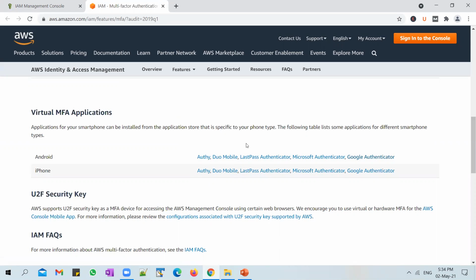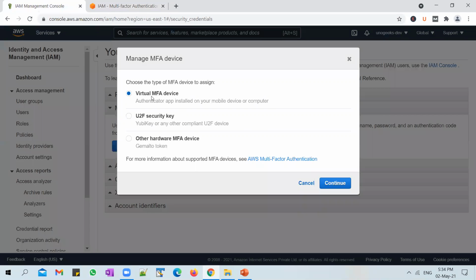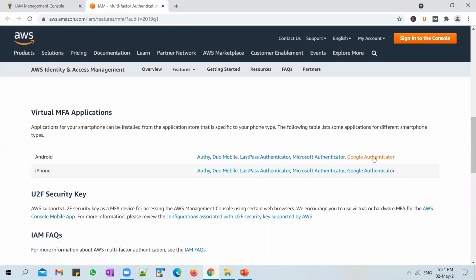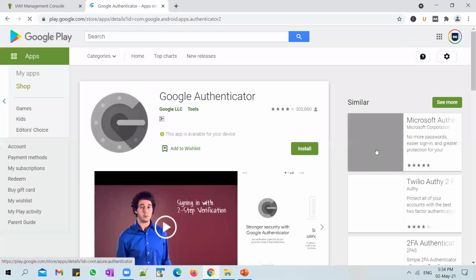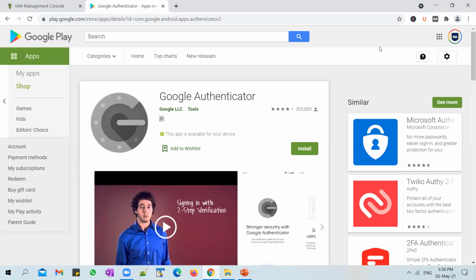And let's see how to use one of these applications to generate a code. I'll go with the first option. I want to use an authenticator app installed on the mobile device. So I will use Google Authenticator. I will install the Google Authenticator on my Android phone. So you can click on Google Authenticator and it'll let you select the device on which you want to install this. So you go ahead, download and install this Google Authenticator on your mobile phone. I won't be projecting my screen here, but once you do that,